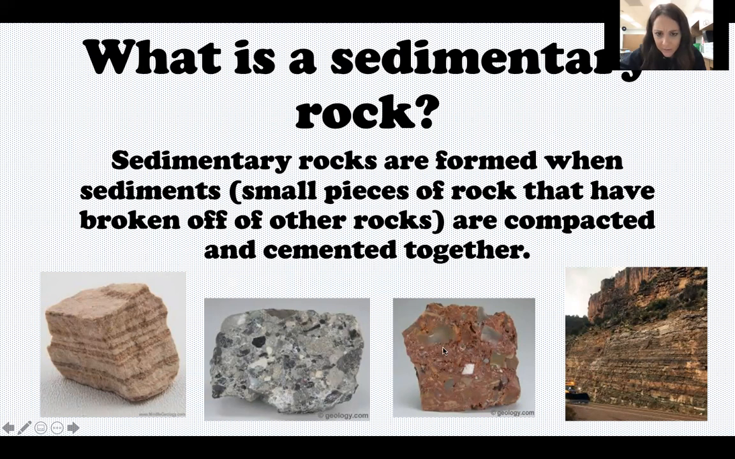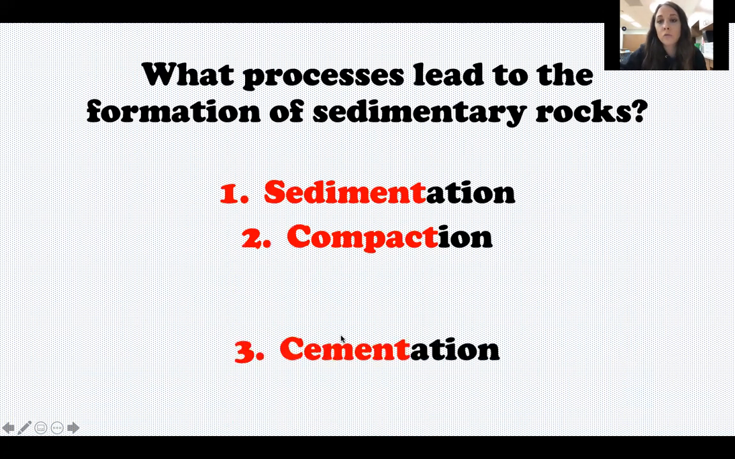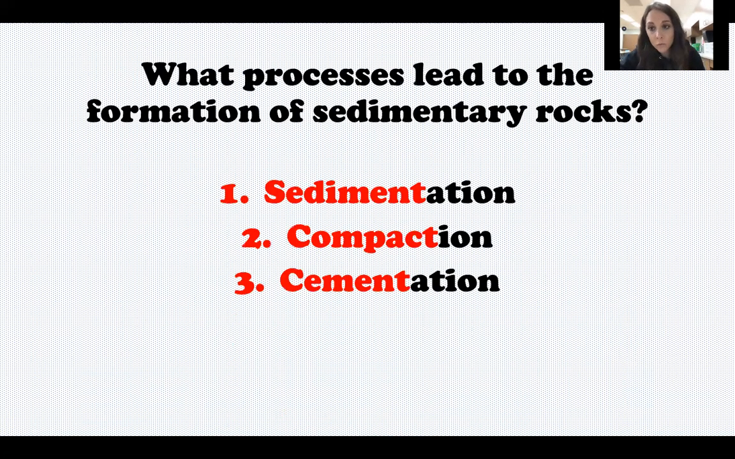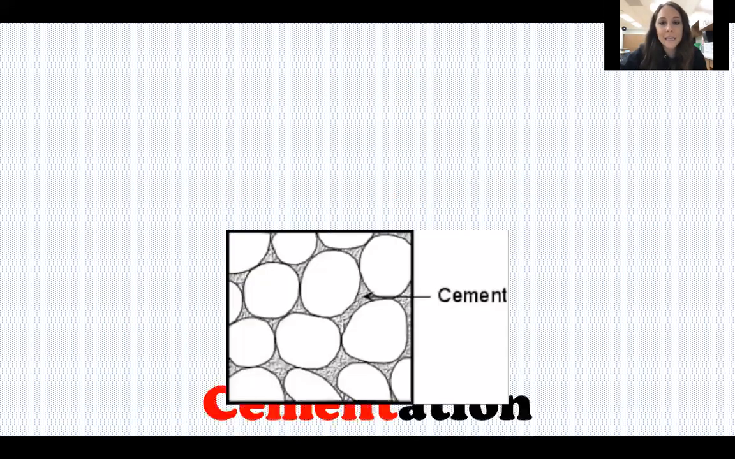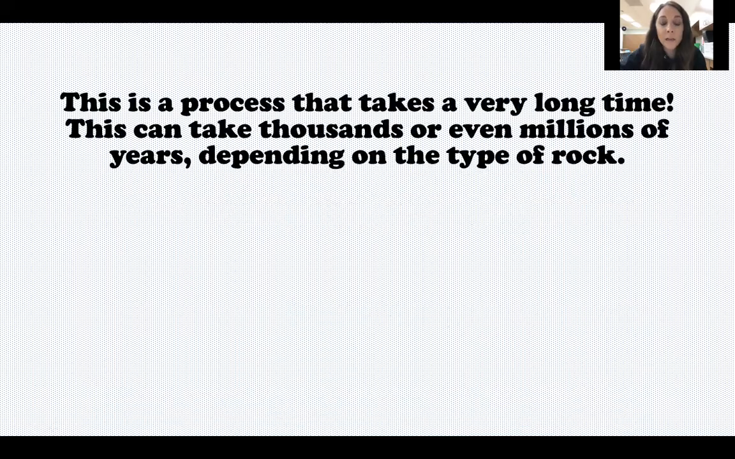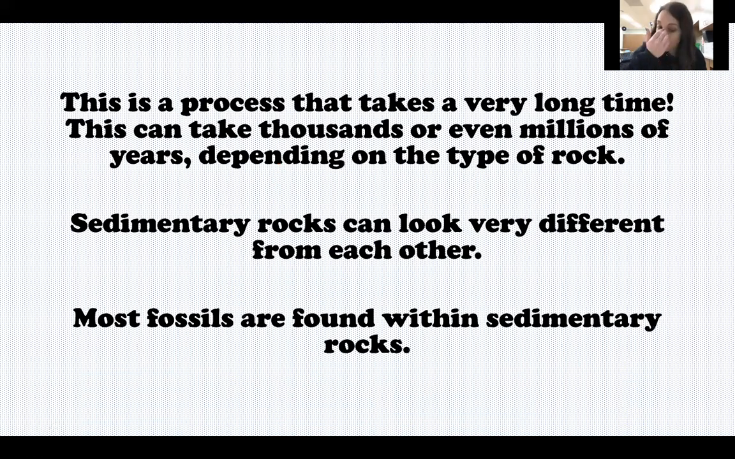This part looks nothing like this kind of reddish orange part. So those are sediments that have been compacted together and cemented that all came from different rocks to make one new sedimentary rock. All right, and then the last thing is that fossils are usually found within sedimentary rocks, because if you go